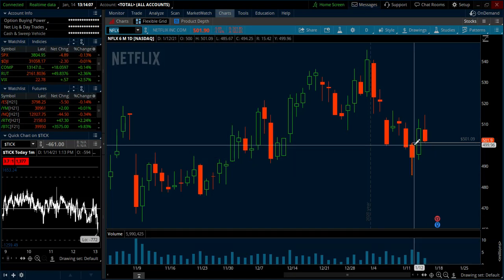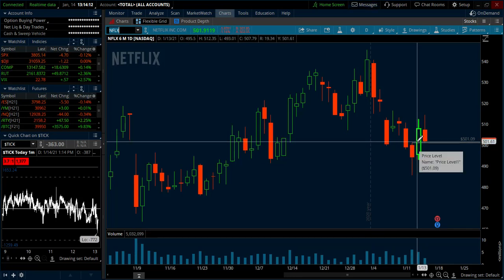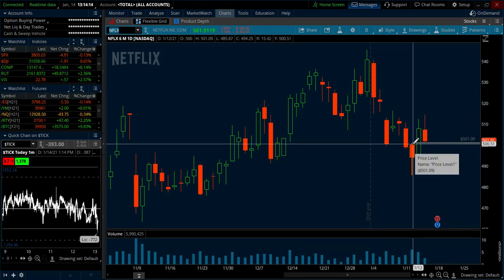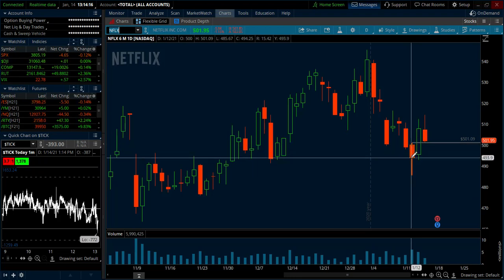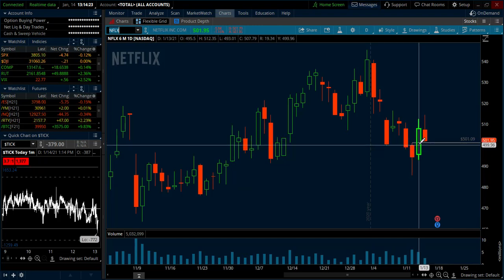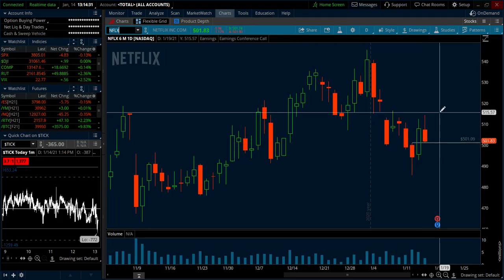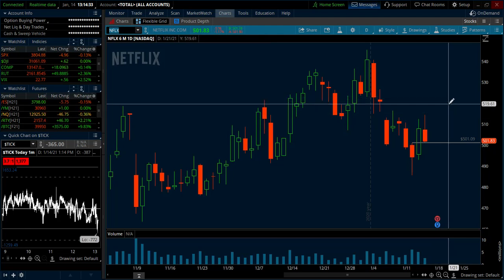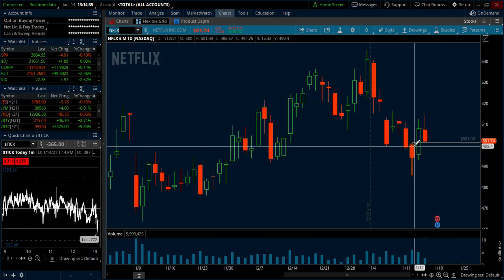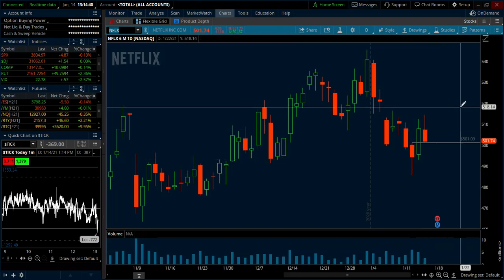And so if you're going to enter the option on the following day on a break above the high price of that hammer candle, you're going to be paying a lot more for it because the momentum is going. When you're buying an option, whether it's a call or a put, and you're buying with the momentum, you're going to be paying a premium for the option. The key to getting good option prices is to be buying when the market's down and selling when the market's up. So this is why,